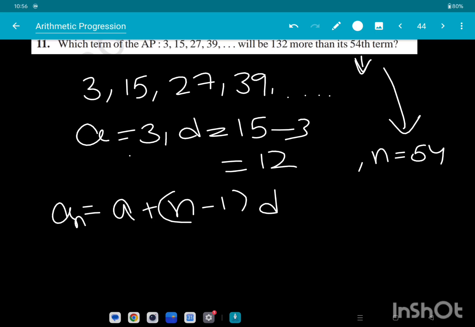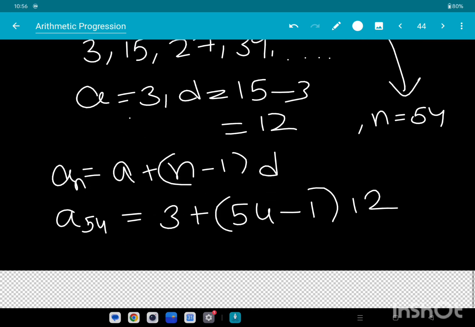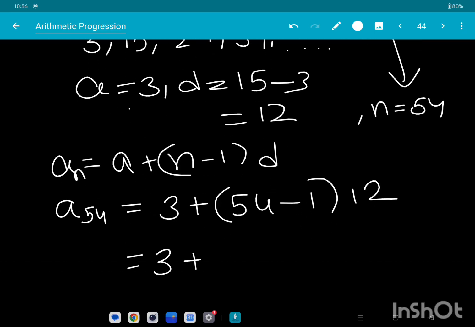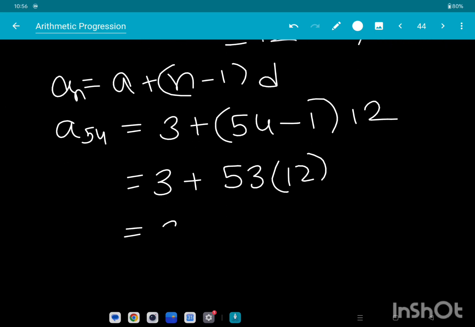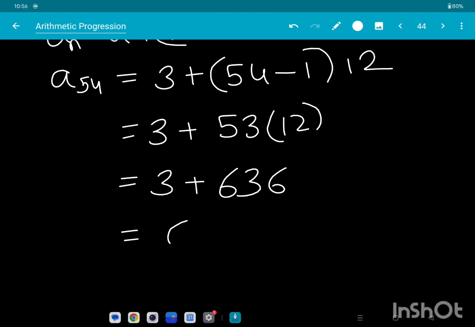A-N. So what is the n value? A54 is equal to a plus 54 minus 1 into d, where d is 12. So 3 plus 53 into 12. 3 plus, 12 3s are 36, 12 5s are 60, so 36 plus 3 is 63. So I got 639. So the 54th term is